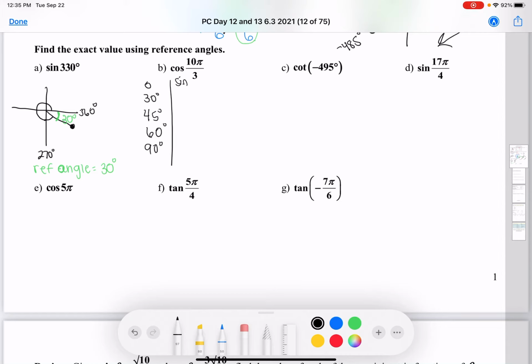Then I'm going to write sine and cosine. Doesn't really matter if you flip those around. It just matters that you remember that sine will start at 0 and we'll work up 1 each time. So 0, 1, 2, 3, 4. Cosine starts at 4 and goes down 3, 2, 1, 0. And then for every value, you want to take the square root of it and put it over 2. So if I do that for just 30 degrees, because that's the only angle here I'm worried about, that's my reference angle, if I take the square roots and put these over 2,